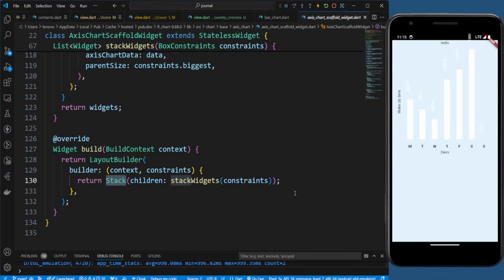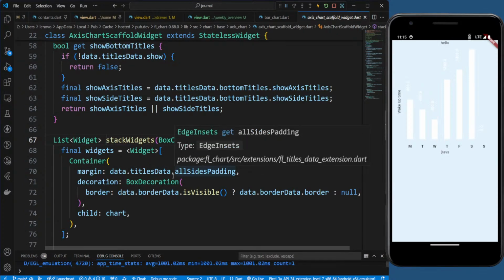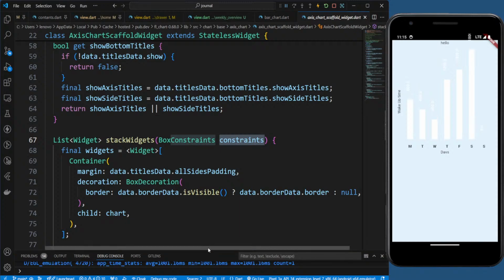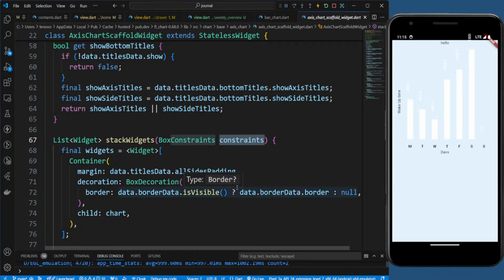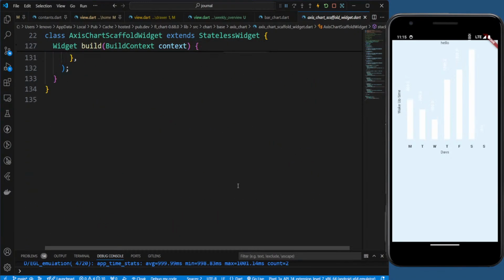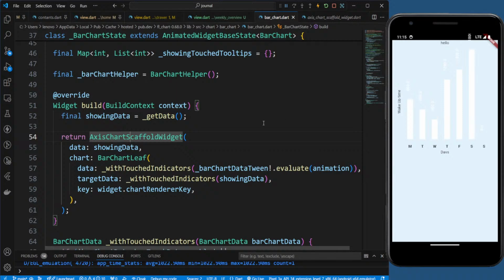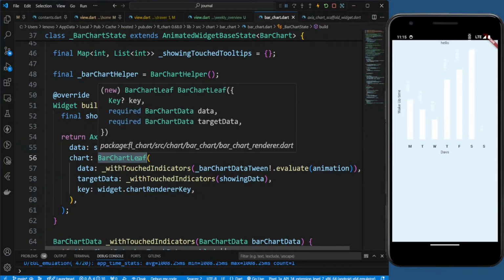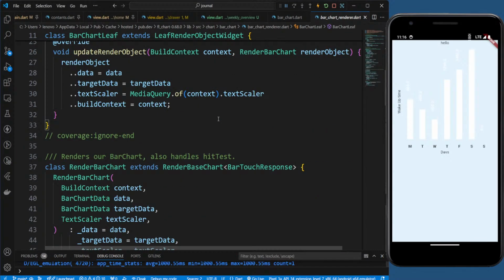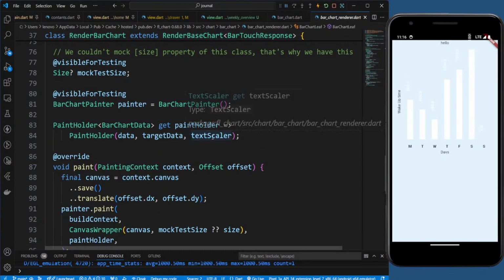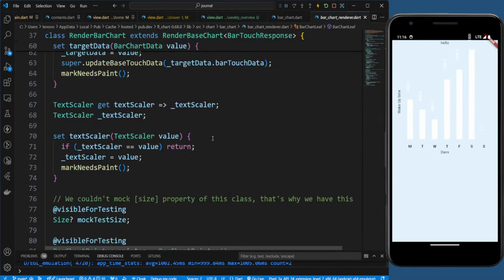So stack widget constant. What will be the constant of it? What if it does not use this constant at all, right? So, and here bar chart lift, and what will this do? Low level bar chart widget, coverage ignore start, render bar chart. I really don't get that, like